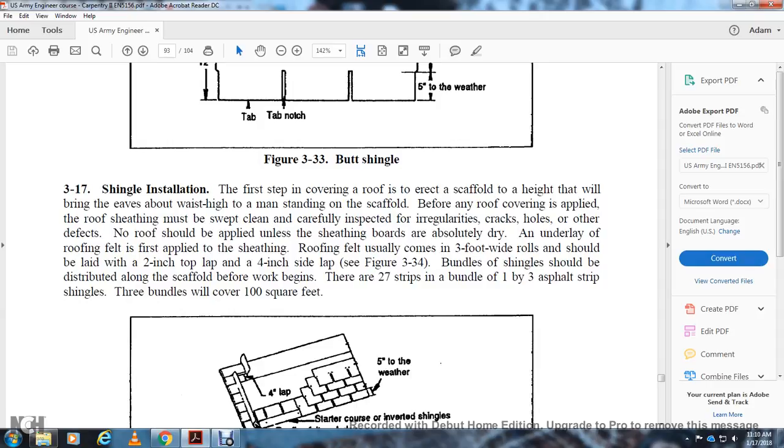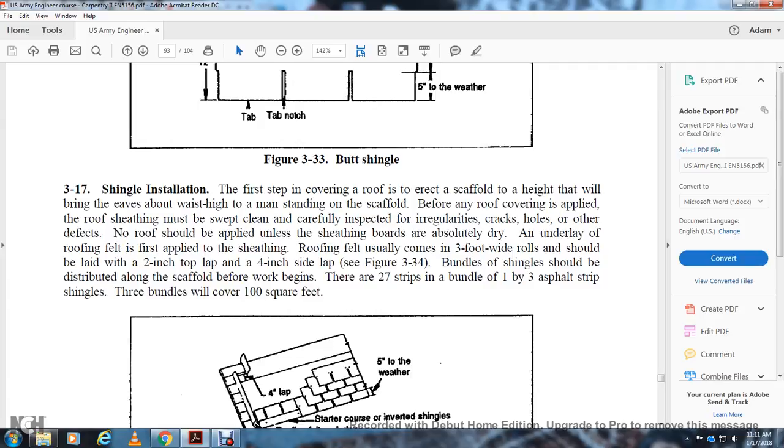Shingle installation. The first step of covering the roof is to erect the scaffold to the height of the eave. Before any of the roofing is applied, the roof sheeting must be swept clean, carefully inspected for irregularities, cracks, holes, or other defects. No roofing should be applied unless the sheeting